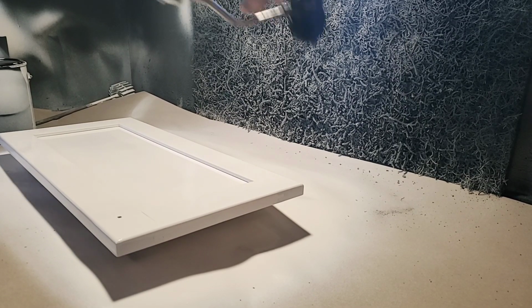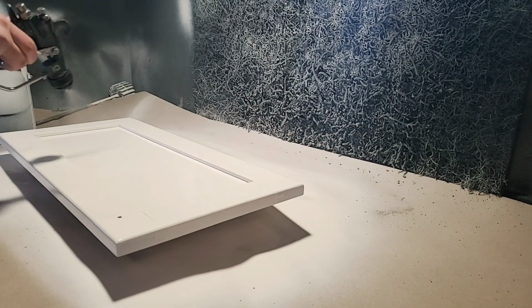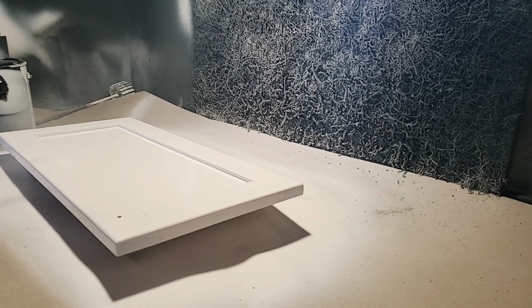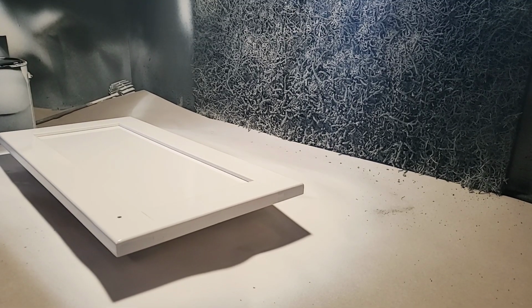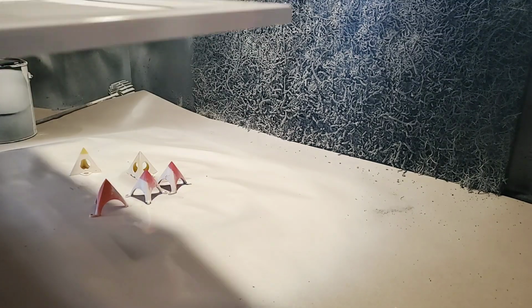Now we'll cross hatch it this way. Voila, done. That's the air compressor kicking on. It's a pneumatic sprayer, so